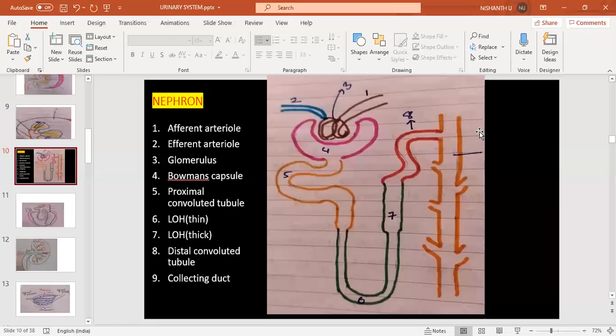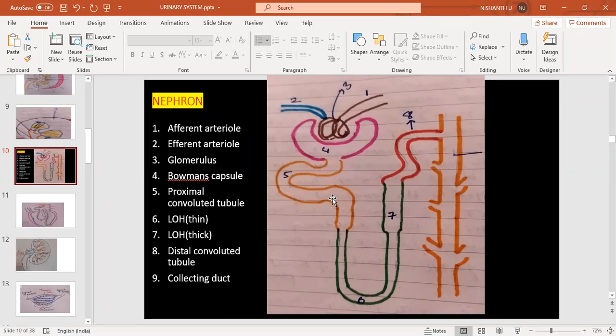That is the first problem. That means what happens when the movement of the filtrate is very fast, that means glomerular filtration rate is very high. Consider glomerular filtration rate is very low. Instead of 120 ml, consider it is 60 ml or 70 ml. Then the filtrate will be moving very slowly, right? When it is moving very slowly, very rapidly the substances will get reabsorbed from the body.